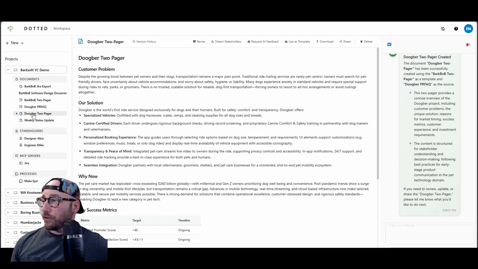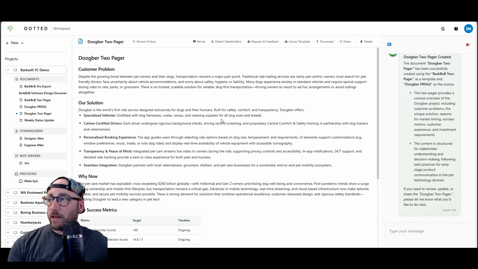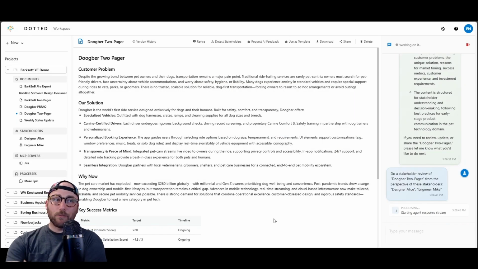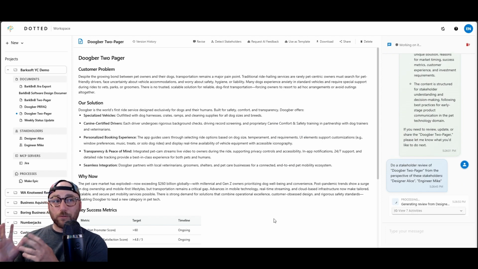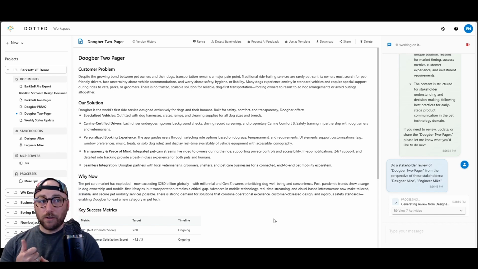We've got the Doogbur 2-pager, and you can see, boom, we hit the exact same format that we were looking at with the other one. So what we're going to do here is I want to know if this is a good document. Got these two virtual stakeholders. I'm going to ask them for their feedback. So what this is going to do is it's going to take those two profiles that we developed from looking at the other document, and we're going to get feedback from an AI version of those real people. It's either going to come to us in the chat or it's going to come to us in comments right